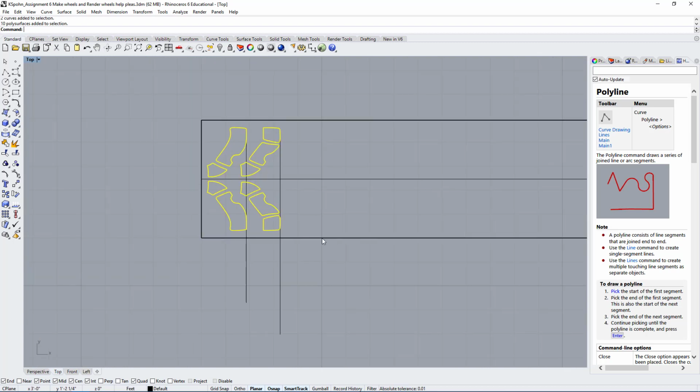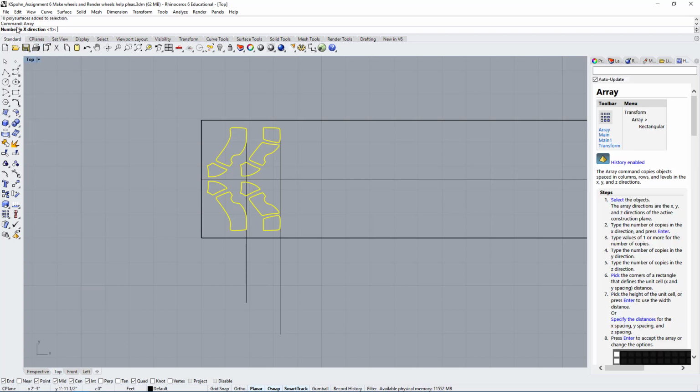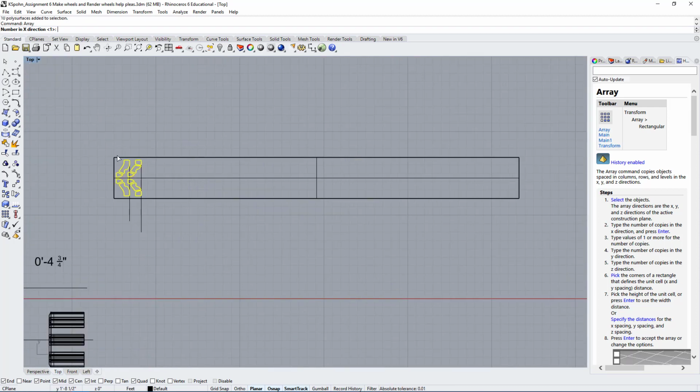So now that we know that, we can create an array, and there's multiple arrays. The one I typically use is the regular array for something like this, and here you would have the option for the X, Y, and Z. So to do this, you just look down here, it's on the X. We don't know how many we need, but looking at the spacing, we can tell it's more than 10, so let's just do twice as much, something like 20. Y1 and Z1, so I can just press enter, that's okay. 20 repeats, and now I need to set up the spacing.